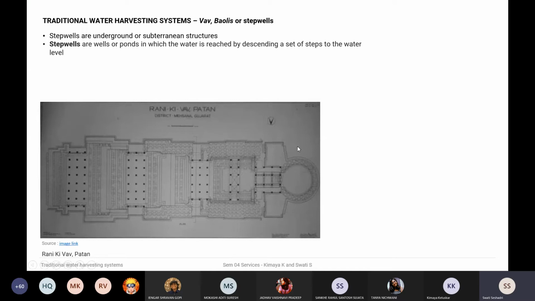Everything around will be a retaining structure that you are creating to make sure that none of the land caves in. And essentially what you would have in most of these stepped terrains is that you will create this kind of a circular well which will go down to the water table level. So every time there is an increase in the groundwater level, this water might rise up. And of course this also taps all the rainwater. So there is an exchange between your groundwater and what you store here, because the bottom of the tank is open.